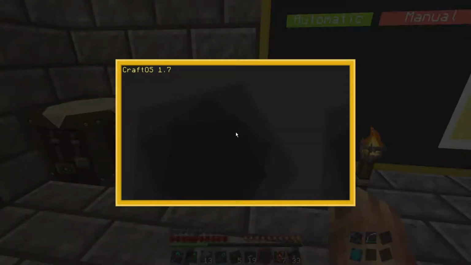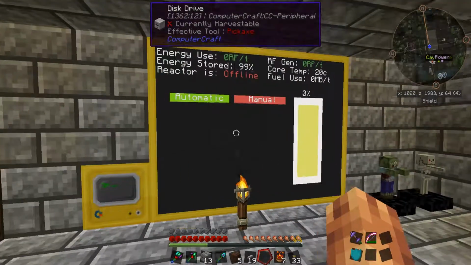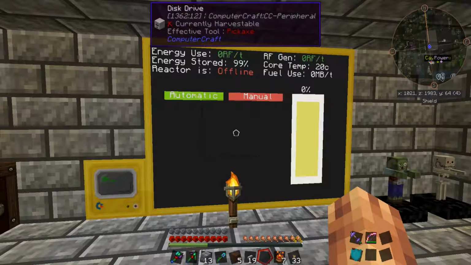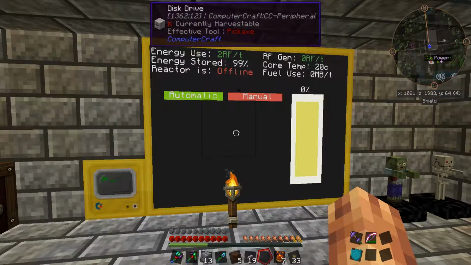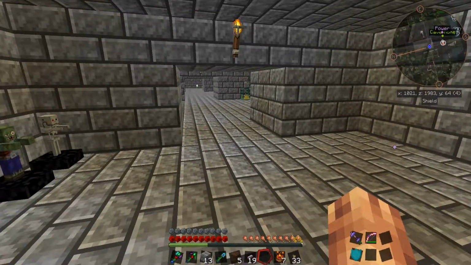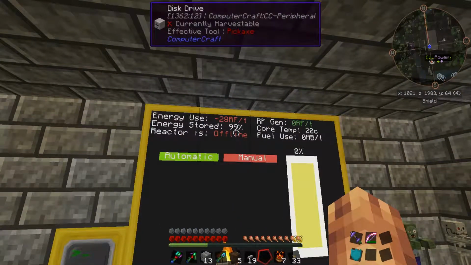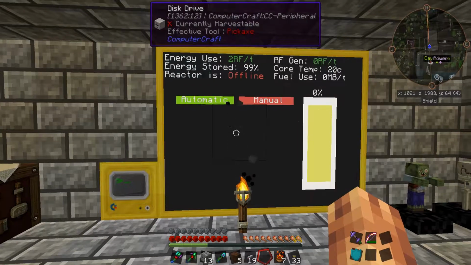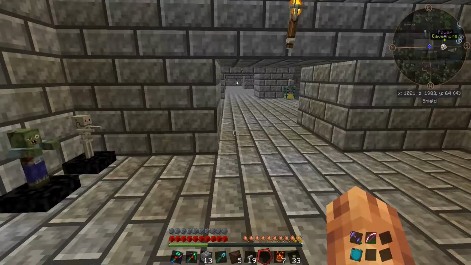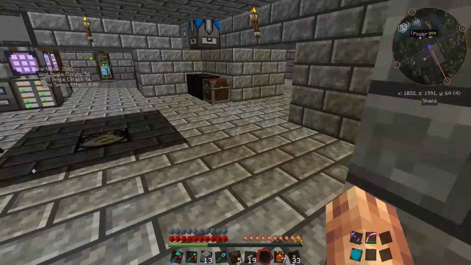So now every time we come back into the server, if this is running or isn't running, it will just automatically reboot the system and restart it. And like I said, it will shut down the reactor at 90%. That's why it's not online right now. We're at 99%. And it will turn it back on at 10% to refill those capacitor banks. Let's go ahead and take a look downstairs real quick at what this looks like